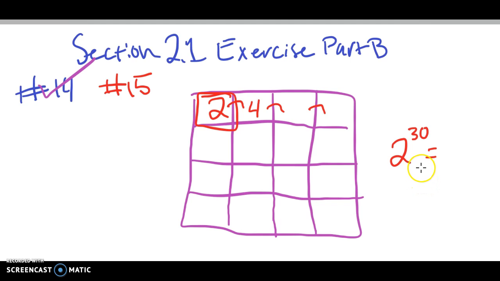If you don't know how to put exponents in your calculator, you can watch another video that I've made showing people how to use your calculator with exponents. And I'll make sure to put a link in the description. And that answer is a really big one. A really big one. And the answer is 737